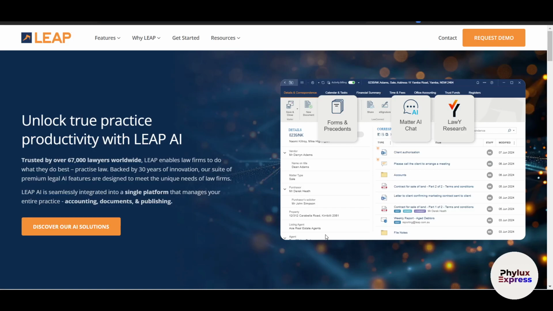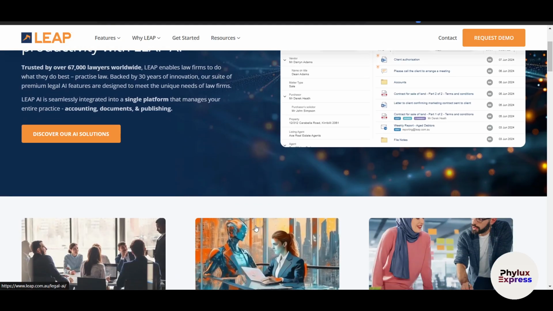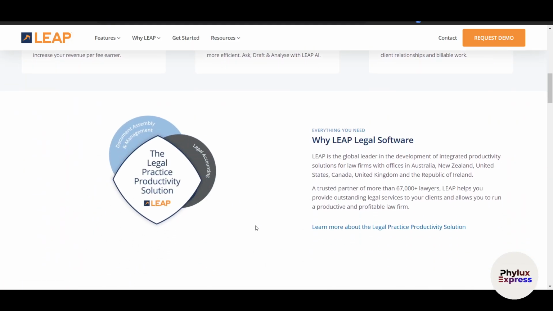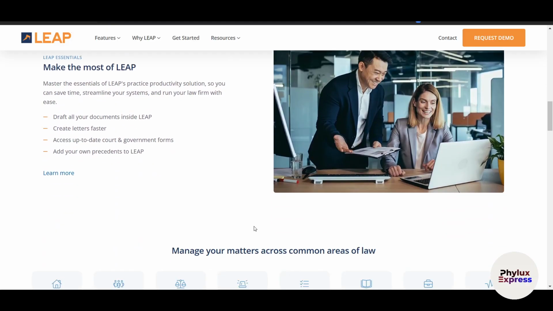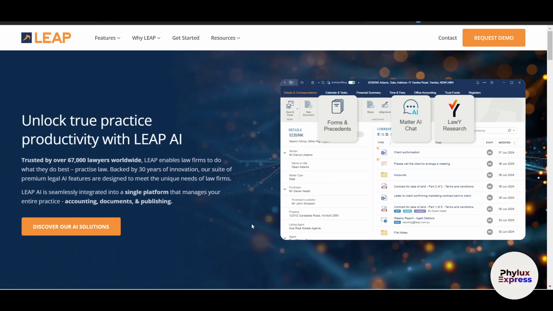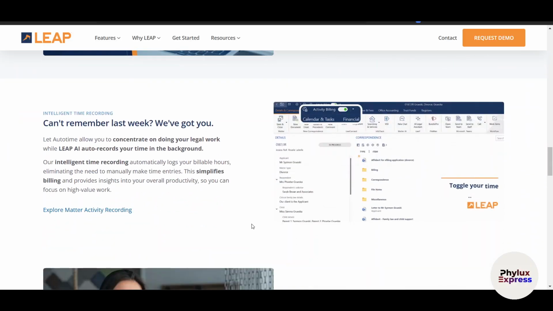Are you struggling to keep track of legal cases, deadlines, and billing in your law practice? Managing this task manually can lead to missed deadlines, disorganized files, and inaccurate invoices. What if there was a way to streamline all this process into a powerful platform? So, welcome to Leap Legal Software, the ultimate solution designed to help law firms manage cases, documents, and billing very